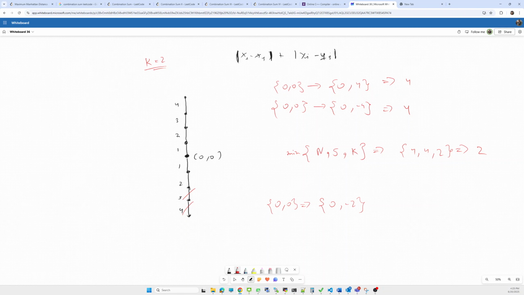Now the second one will be 0 comma 0 to 0 comma 6. How 6? These 2 will become north, 5 and 6, and this will be added here. So by making 2 south movements into north, we will increase the Manhattan distance.